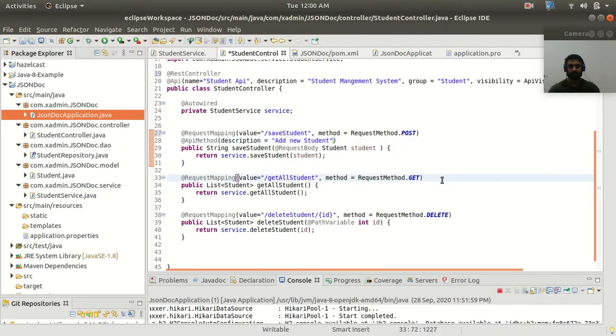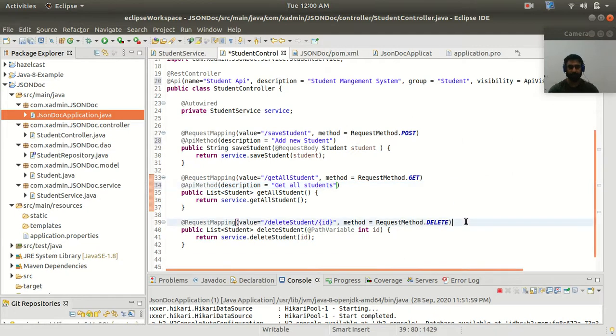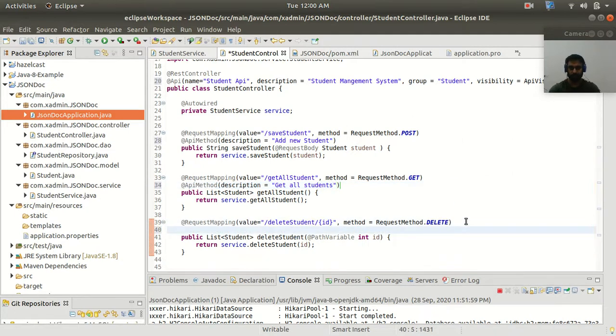Let's add some description for my get all student also, like "get all student". Now let's add a description for my delete student also.